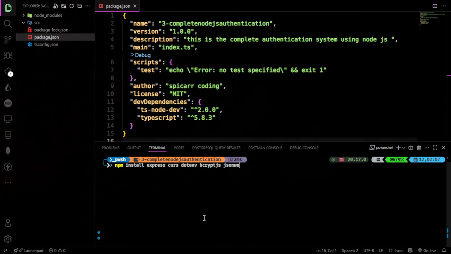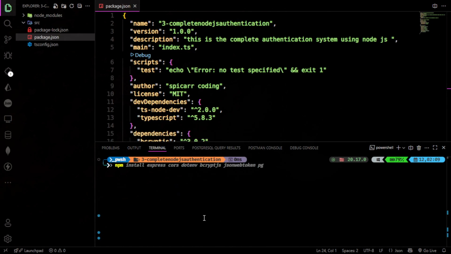And jsonwebtoken, so when you log in, it will sign a token and provide that token. Then when you want to fetch some data from the database, first you have to provide that token, because only a logged-in user can fetch the data from the database, so it helps in that, and it's called JWT authentication. So jsonwebtoken, and then pg for Postgres, because we are using Postgres here for the database. So let's install all these packages,